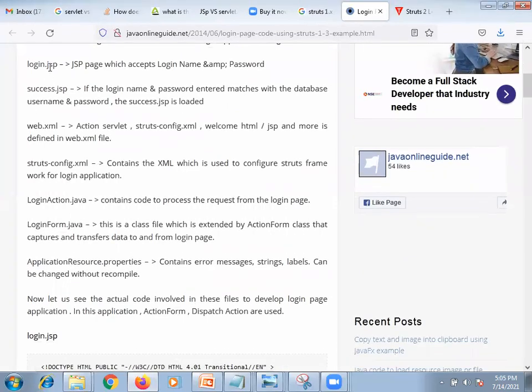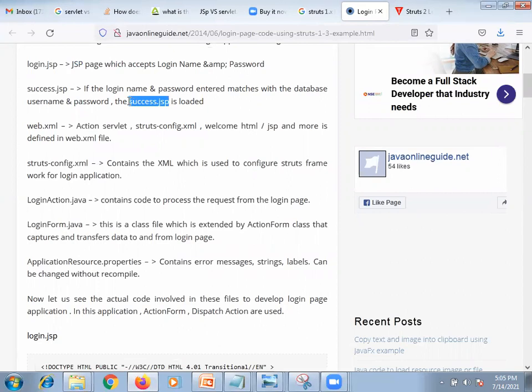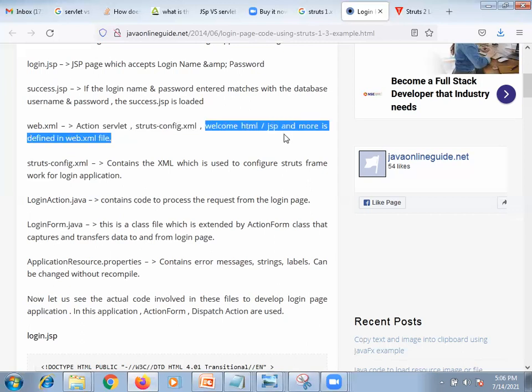Now you can see the login JSP page, which accepts login name and password. If the login name and password match the database username and password, then we load success.jsp. See now, action servlet, struts-config.xml, welcome.html. This welcome.html means that whenever our server starts, the browser will automatically load it. This action servlet will throw it to the browser to display.